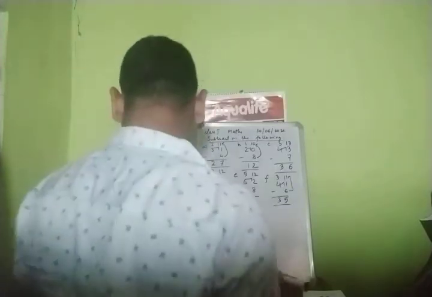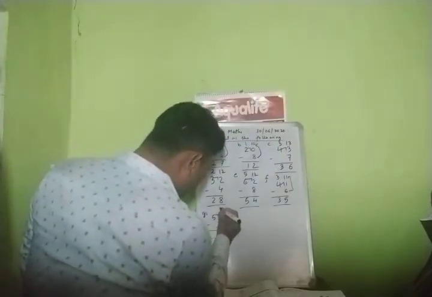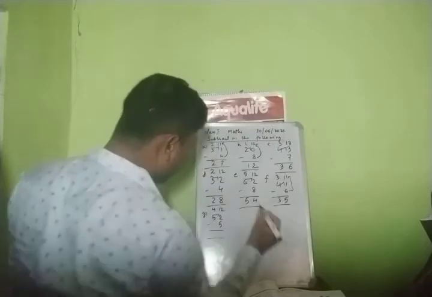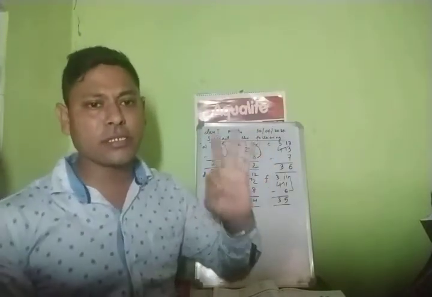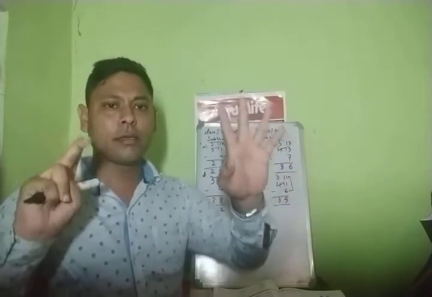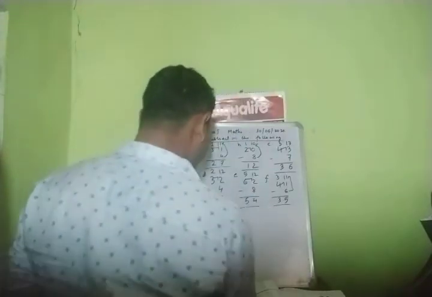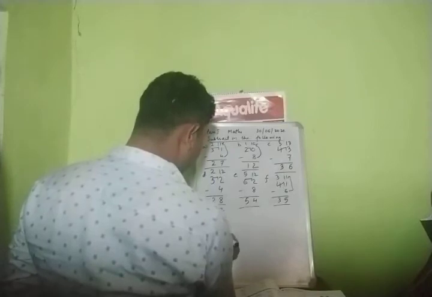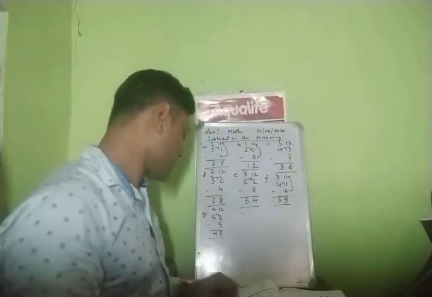Borrow. Right? Next. When you borrow here 1, 2, it became how many? 12. And 5. From 5 you gave 1. What is left here? 4. Then 5, 6, 7, 8, 9, 10, 11, 12. How many? 5, 6, 7. So what do you have to write here? 7. And 4 minus nothing? 4. Alright? Okay.